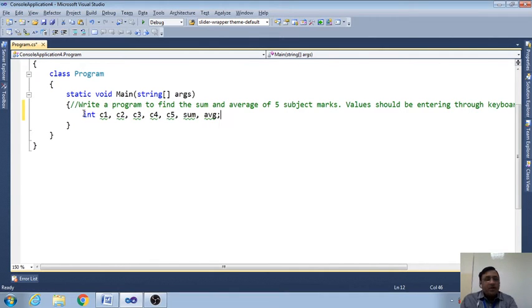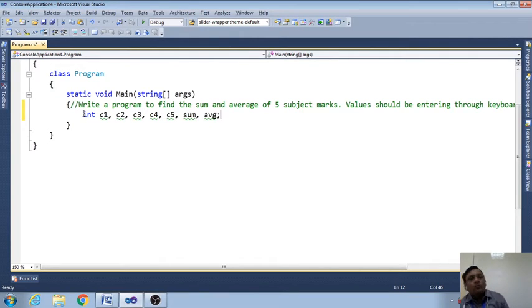The third task is the calculation. For example, in this program we have to calculate the sum and the average. The fourth one is to print the result after the calculation. Remember, after calculating everything you want to calculate, we print the result at last.